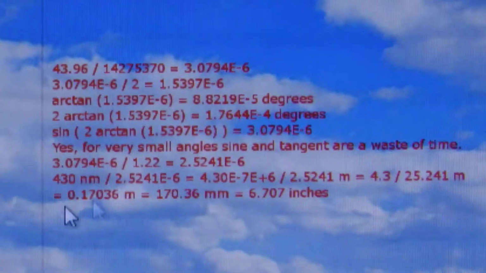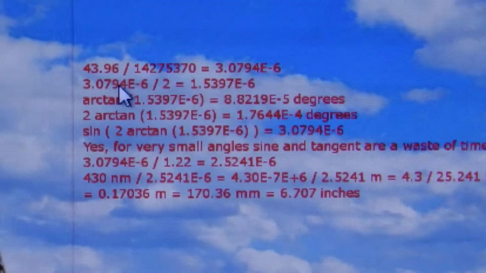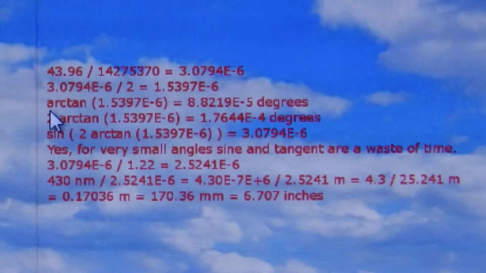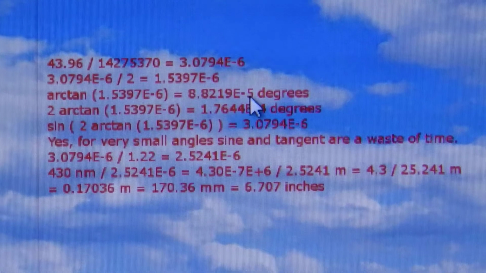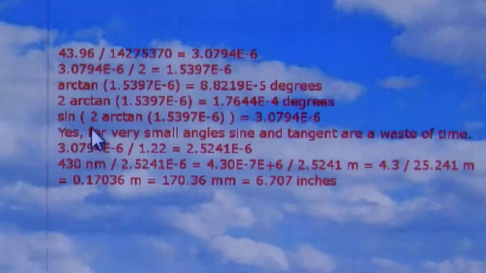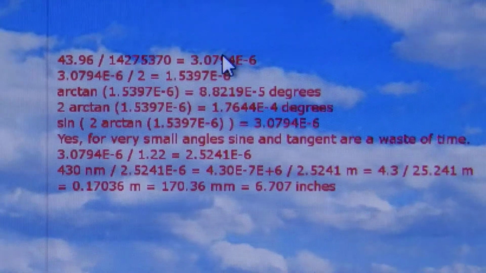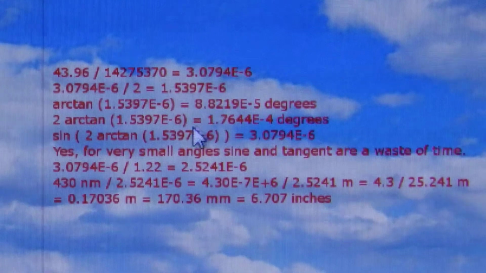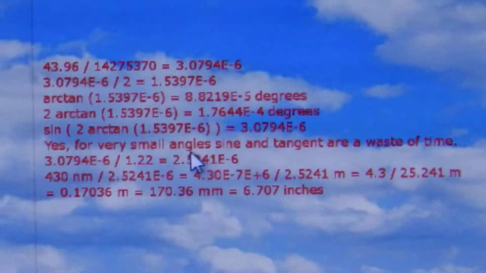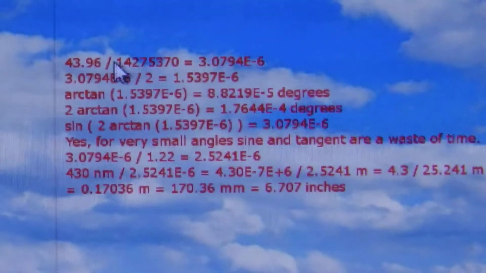here we go. A whole lot of unnecessary maths. Take the width and divide it by the distance, and then halve that to get the ratio of half the width to the distance. Take the arctan to get the angle subtended by half the width at that distance. Double it to get the angular width of the whole thing, and take the sine of that, and you get right back to the ratio of the width to the distance, because these are small angles, and for small angles sine and tangent are pretty much the same thing as the angle in radians. Proportional to the angle, in other words. So all of that was wasted effort.